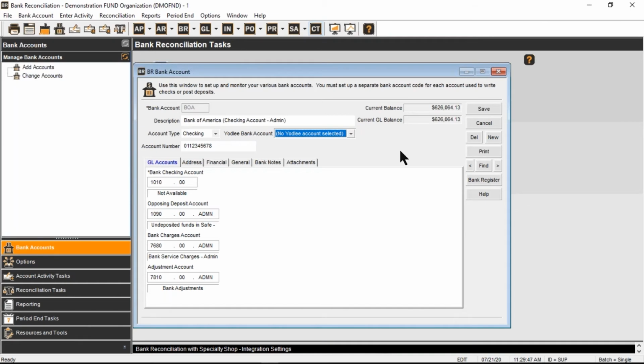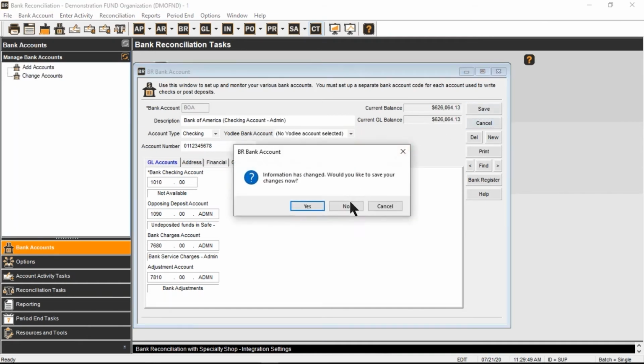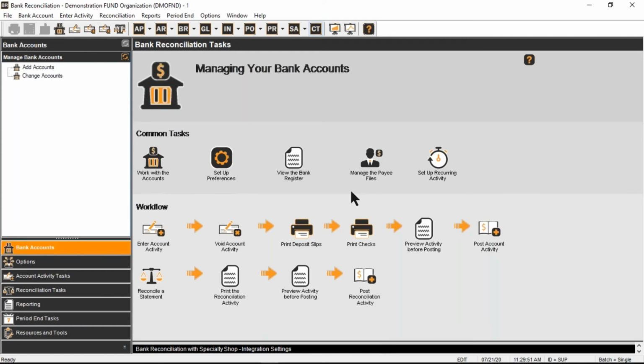All right, that is the bank account setup. So once your bank accounts are set up, now you're ready to use the BankRec module. The BankRec transactions are entered here, in enter account activity. So again, if you need to make a journal entry to cash, you're going to go here to do it,